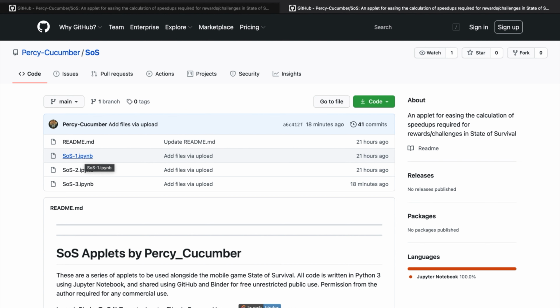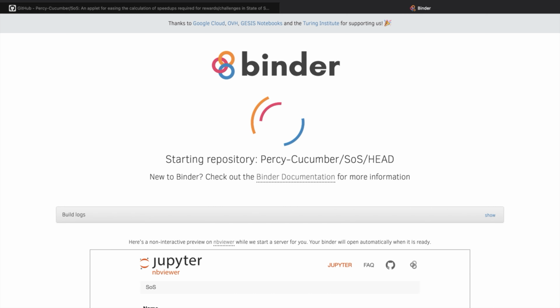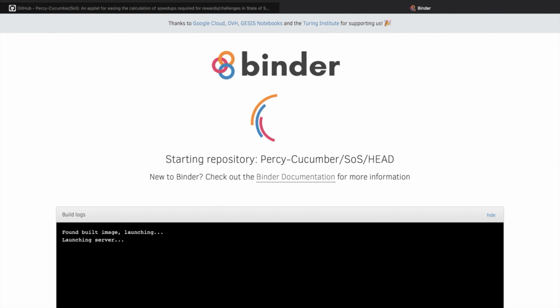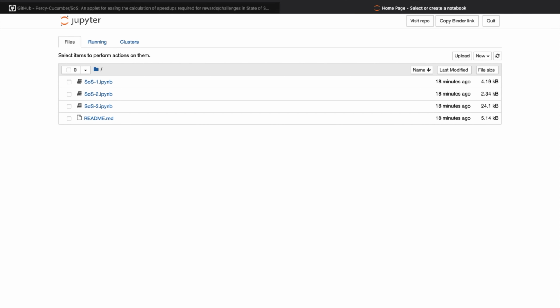What this is going to do is start a server where you can run this code, meaning you don't need to download anything onto your computer. Now, you saw that earlier. It might take a couple minutes longer for you to load, depending on your internet connection as well as the hardware you're using. So the first applet we're going to run here, SoS1,